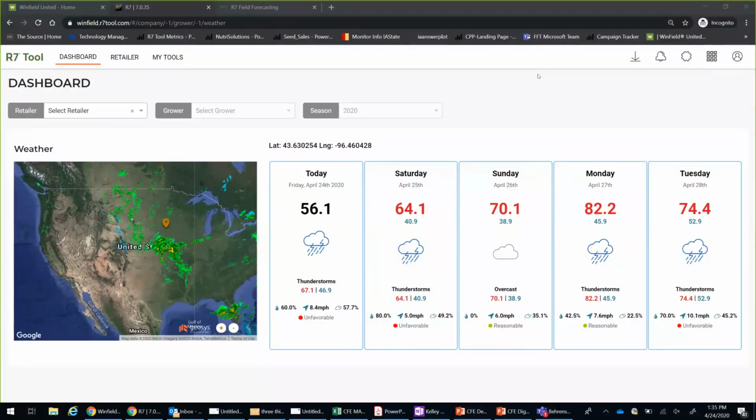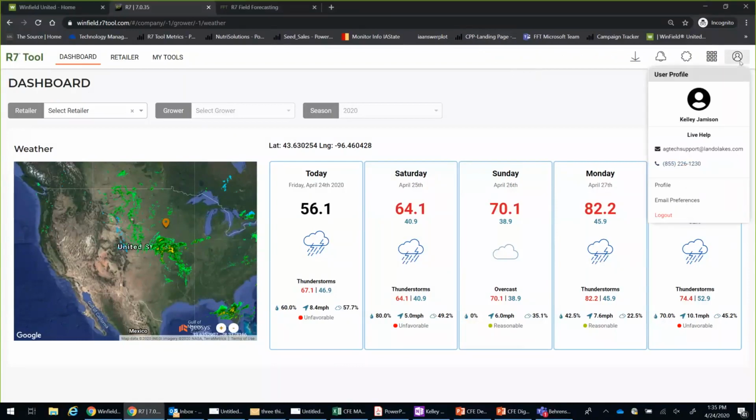My screen looks a little bit different than your guys's, so I'll explain that a little bit, but we'll just get started from the very beginning. So at first you're going to see there's a new weather pane here. If you don't have this information, you can simply click on your user profile and go to your profile to select exactly where your latitude and longitude needs to be.